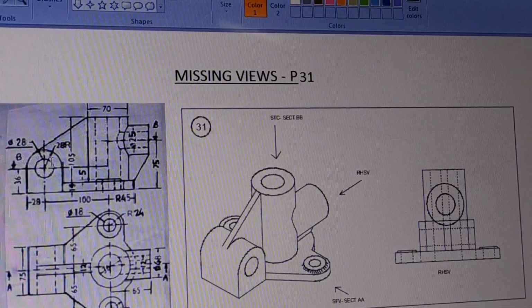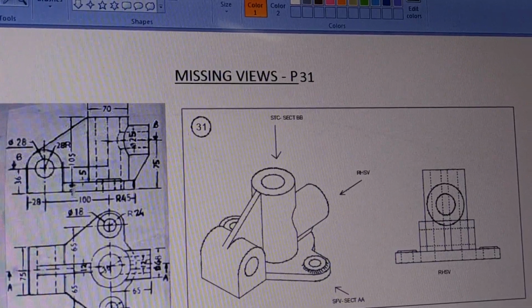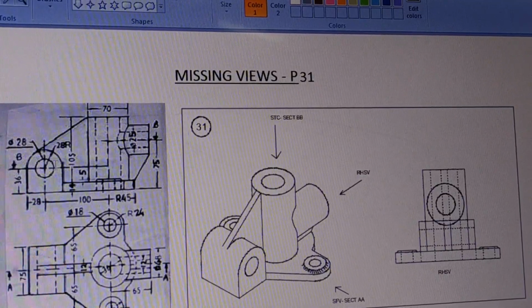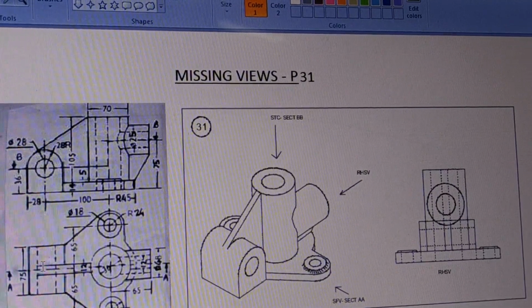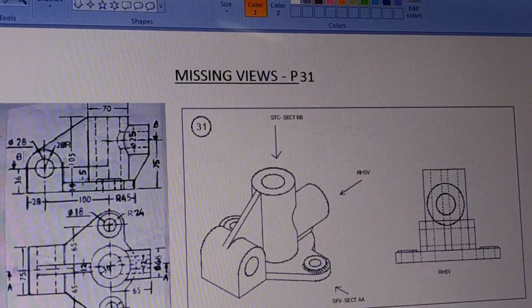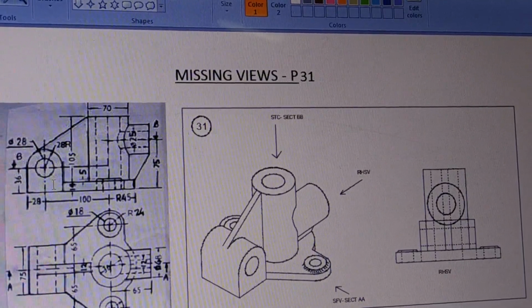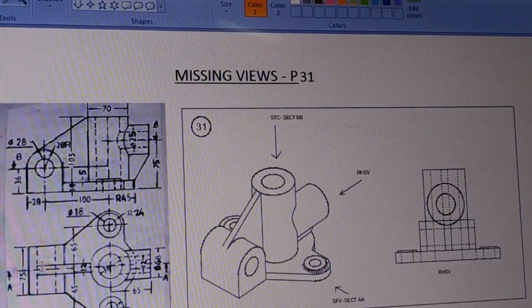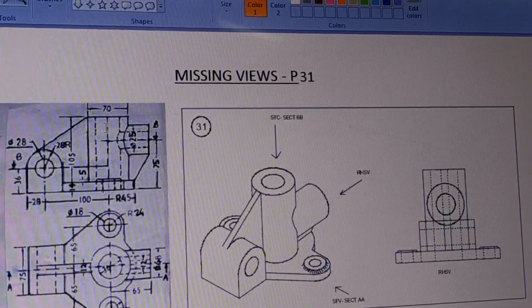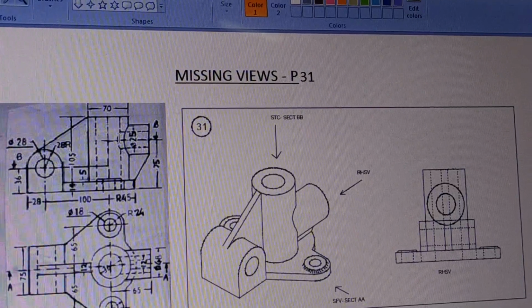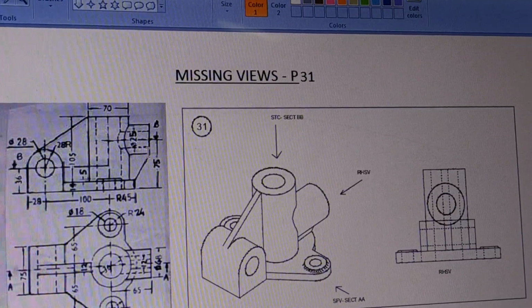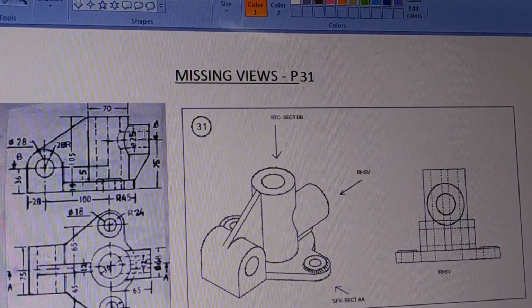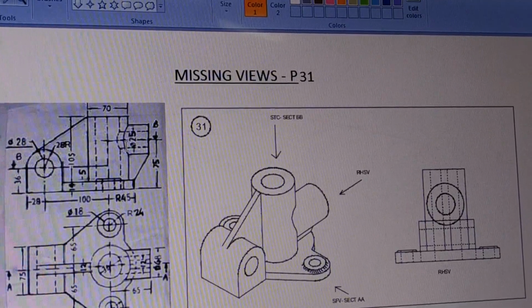So we start examining one by one. Looking at this left side part, this portion of the part and corresponding this portion, again there is some kind of a structure like this with a hole like this. So you can imagine semicircular upper side, lower side is rectangular. So to this block there is a hole. Then here somewhere there is a cylindrical vertical shape like this, and to this vertical cylinder one more horizontal cylinder is intersecting, and because of the intersection of two cylindrical surfaces, you can see here there is a curve of intersection.